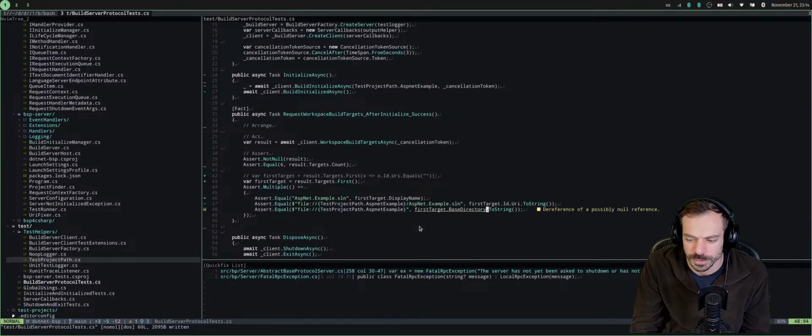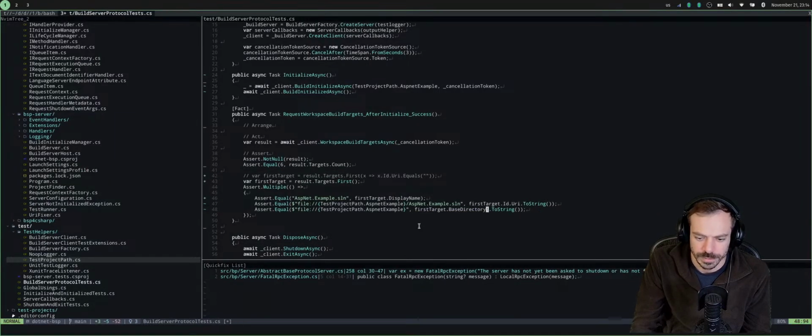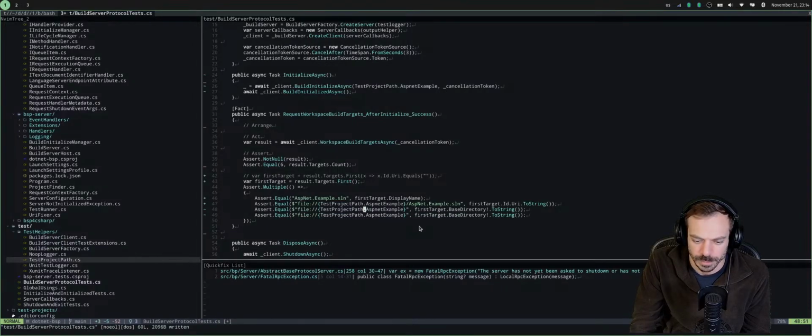Possible null reference. Yeah, but this should not be null reference for us. But we could also just check that it is not null.